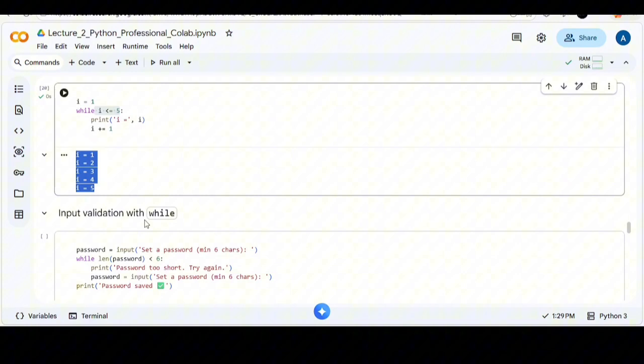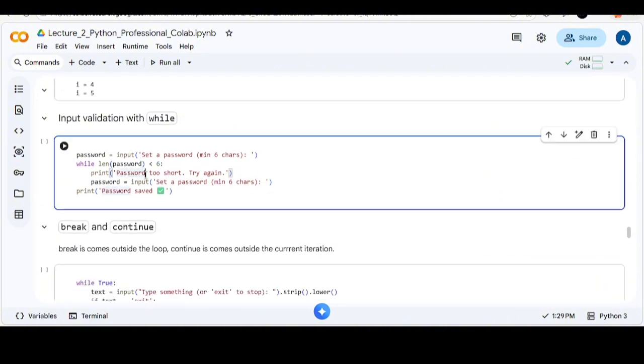So the while loop is most commonly used for input validation. So here's an application of how we can use it for input validation. Here we have a password variable, and we are asking a user to enter a password with a minimum of 6 characters, and in the loop we are checking